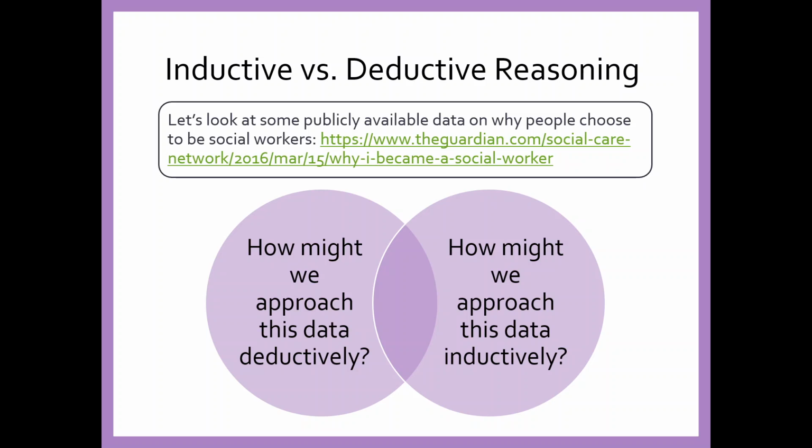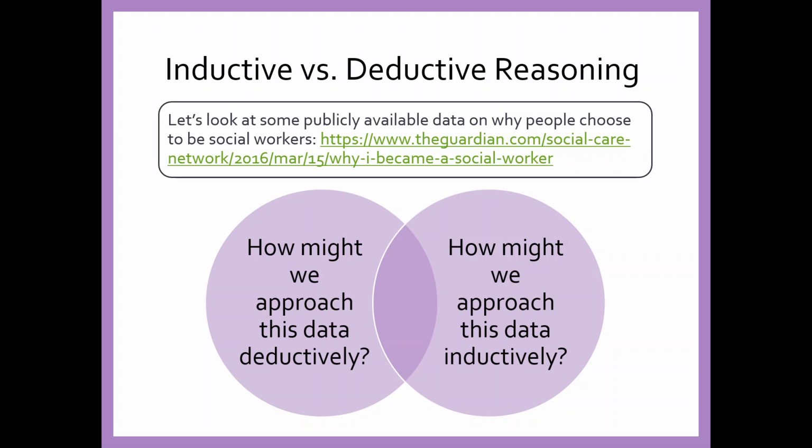And so when we think about why people choose a social work degree, people tell you their story about what motivated them to become a social worker. You can get ideas based on the stories they tell you. That's inductive. In order to test this deductively, though, we would have to already have explanations, like people experienced